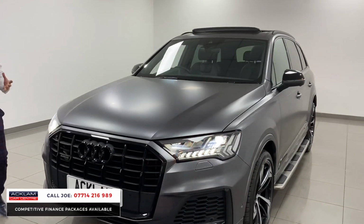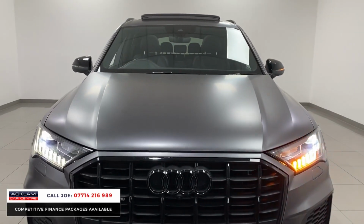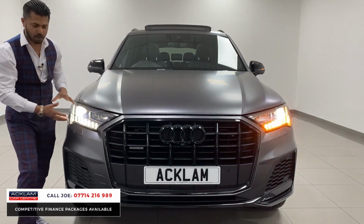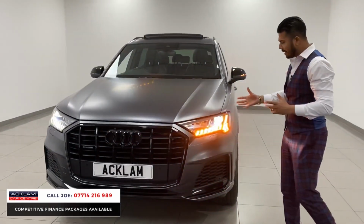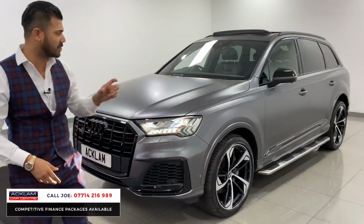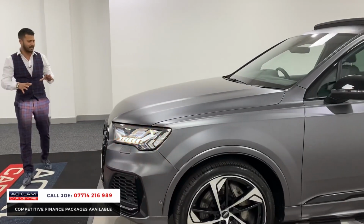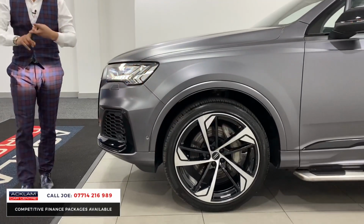Obviously being the black edition, it's all de-chromed anyway, but on a 2020 69 registration, still under Audi manufacturer's warranty, and it's the new shape, the new model, with new LED matrix headlights, front and rear. It's 286 brake horsepower because the Q7s come in different ranges, so this is the better, more powerful engine. With a full black styling pack, the big grills, 360 view camera system, that's front cameras, side cameras and rear